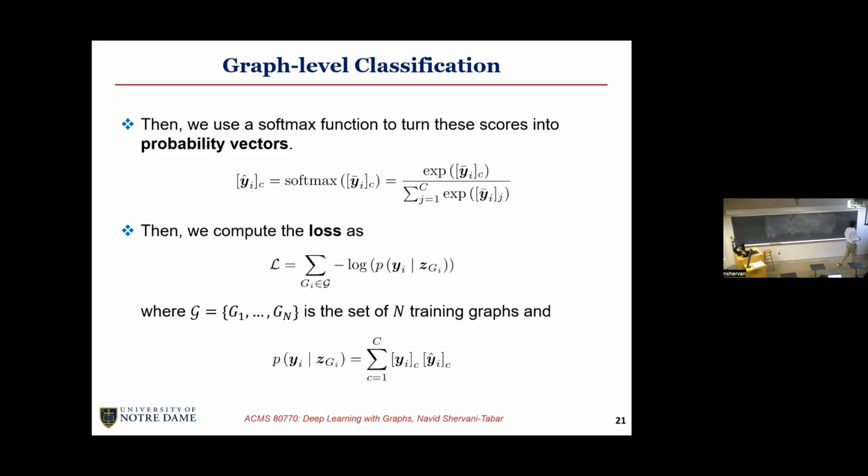So this time, we're again going to use maximum likelihood estimate. We're going to minimize the log of the probability of the true label given the representation Z of the molecular graph. But our training data is a set of molecules instead of a set of nodes. And we're going to show that using calligraphic G. And this is a data set of different molecules that contains basically a set of molecules for which we know